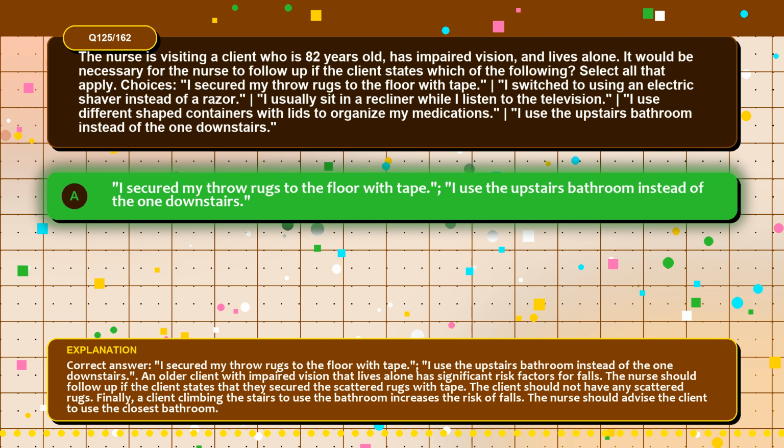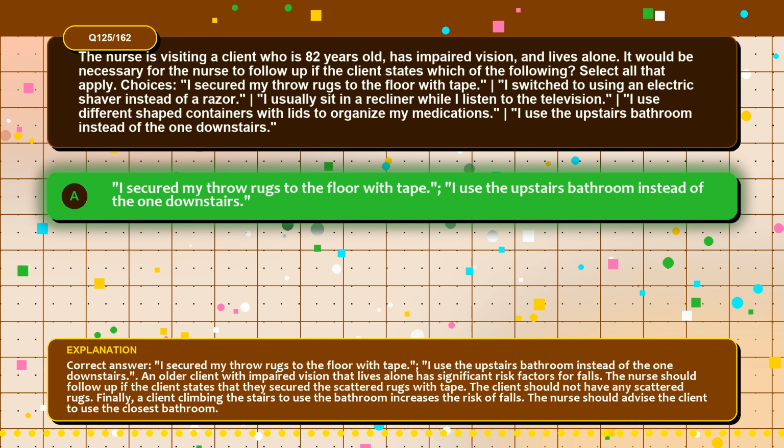An older client with impaired vision that lives alone has significant risk factors for falls. The nurse should follow up if the client states that they secured the scattered rugs with tape. The client should not have any scattered rugs. Finally, a client climbing the stairs to use the bathroom increases the risk of falls. The nurse should advise the client to use the